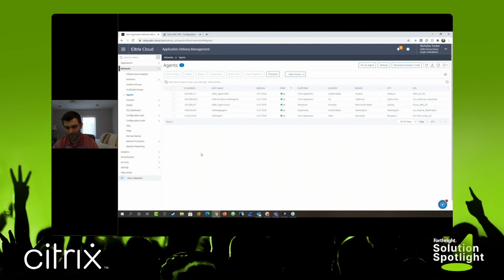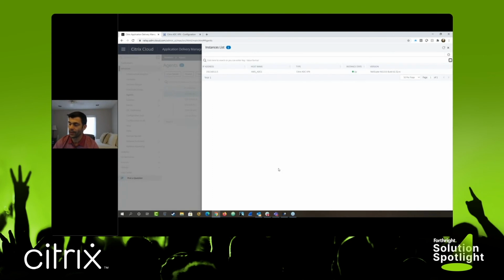Now, one of the questions that came up recently is, how many ADC instances can I connect to an agent? Well, I haven't come across a limitation, but it's based on zones. So I've seen 6 or 7 or 8 instances connected to a single agent. And then you're going to go, well, I've done that. How do I verify which instances belong to which agent? So you click on that agent, you click on view details, and it's going to populate the instance that's associated